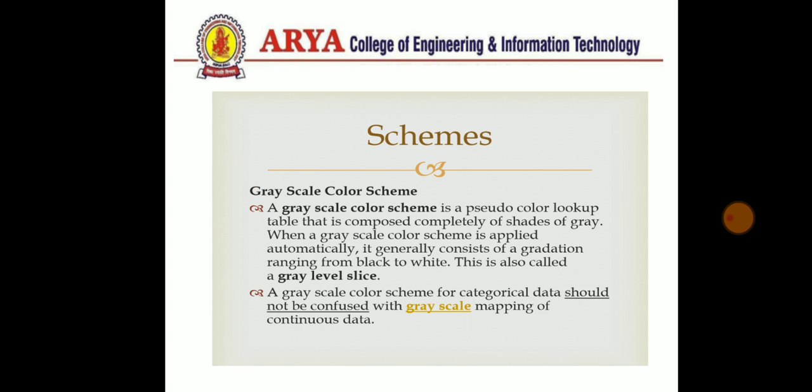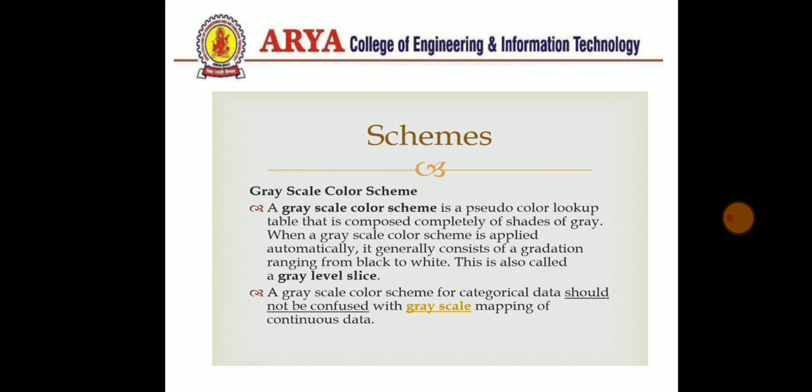Now, the grayscale color scheme. The grayscale color scheme is similar to the pseudo coloring lookup table, which is composed of pixels of the image which are in grayscale. As we all know, the grayscale values range from 0 to L-1, that is 0 to 255 gray values. These gradations from 0 to 1 denote black and white. The minimum value, that is 0, denotes the black color, and the maximum value, that is 1, or we can say the 255 value, denotes the white pixel of the image.